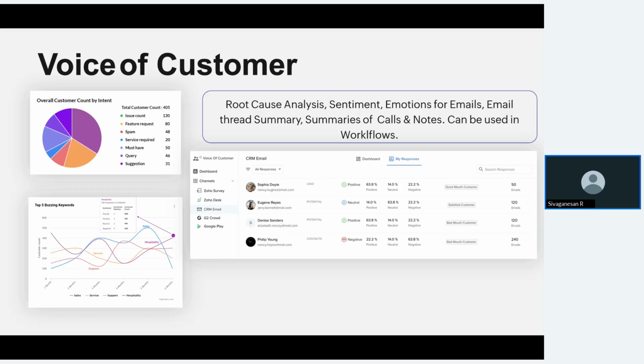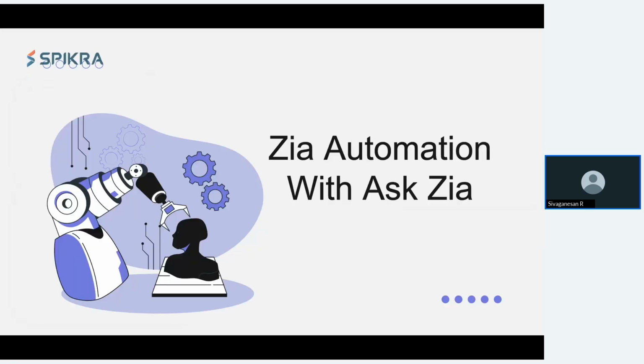For a simple use case, if you are getting a lot of emails from your customers, or they are expecting an additional feature in your product, or there is a service request that they are making multiple times, you can easily create those as a voice of the customer. Based on that, you will be able to scale up your process in terms of service and sales. That will help a lot of businesses to grow in the next stages, right? So moving on to the next one.